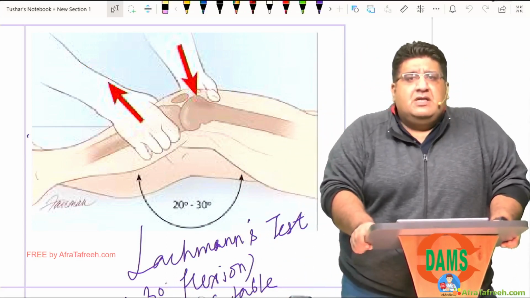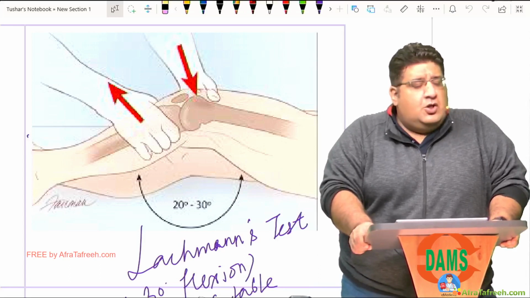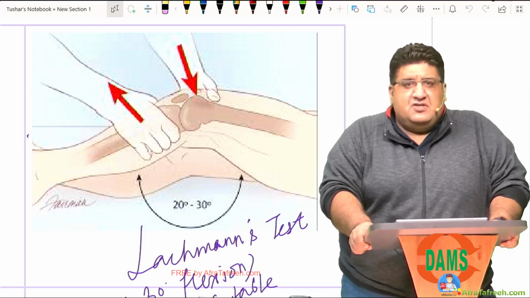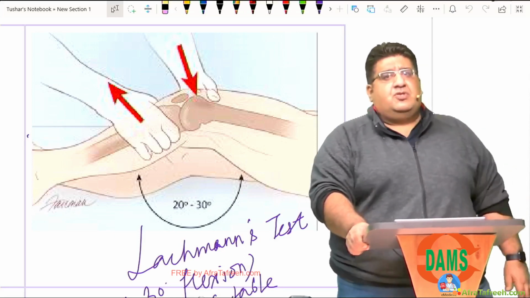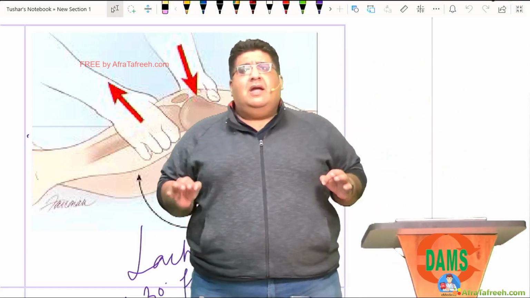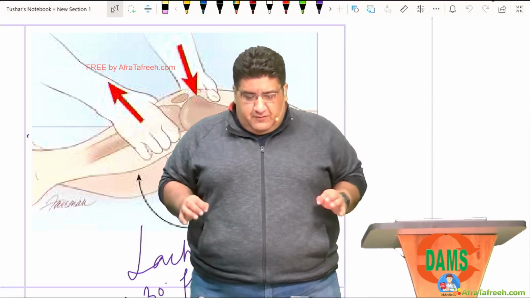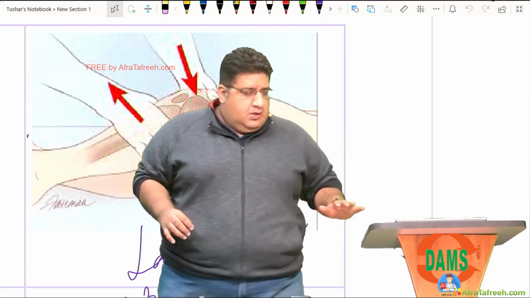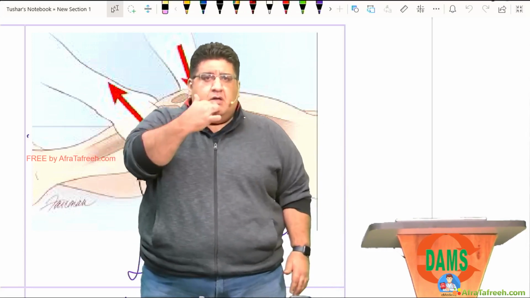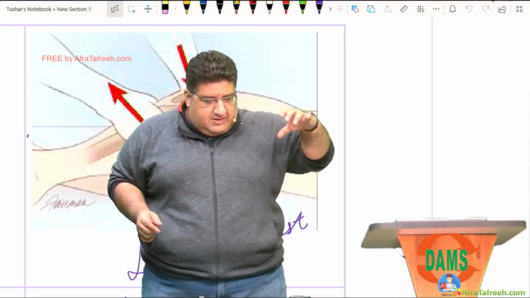So my dear friends, I have told you this before and I am reiterating my statement once again. Whenever you are talking about knee ligament injuries and their tests, please remember just one basic fundamental: in any ligament injury testing, just follow the steps of the test. Prone position, knee 90 degree flexion, Apley's grinding test. Thumb inside, fingers outside.